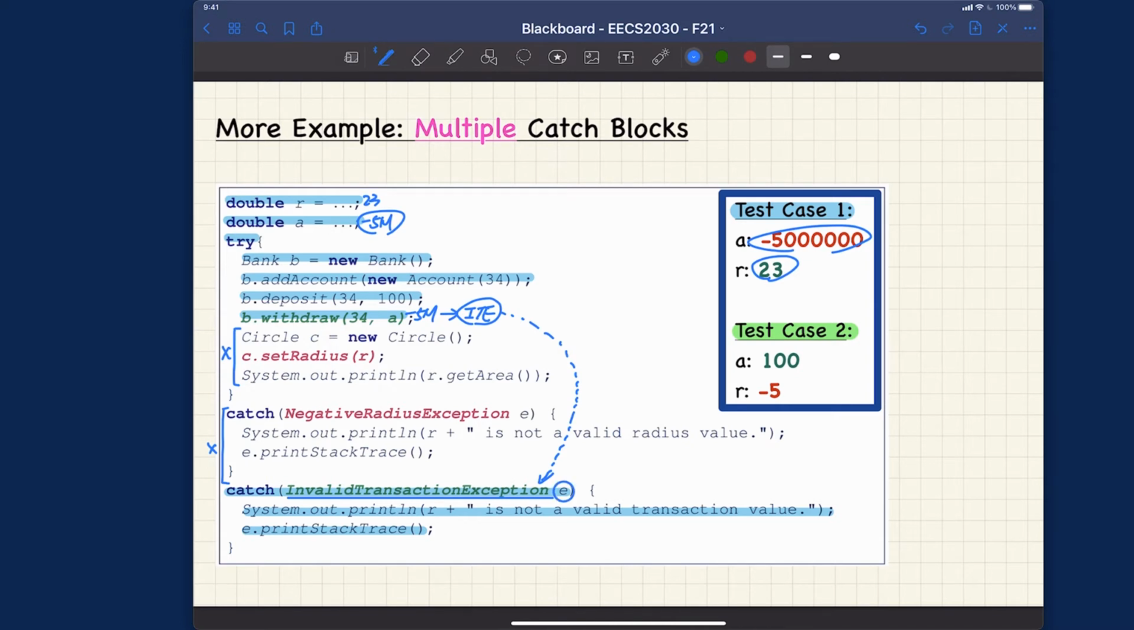You can think about E as storing the address of this invalid transaction exception object. And then we can invoke a method on E. This is a method I would like you to try and see what it will contain. It's called printStackTrace. It will show you some more detailed information about this particular exception. Okay. After executing the catch block, we're going to go outside the try and catch block and execute whatever is